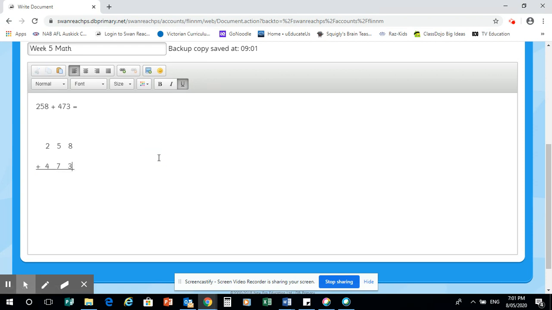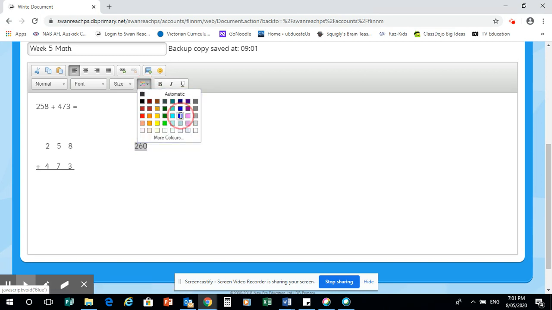Now, what we're going to do is move over here, and this is where we're going to show our rounding. So remember, you can round that to either tens or hundreds. We'll round it to tens. So rounding 258 to tens is 260. Now, we'll do that in different colours, so we know it's different. So I'll just do that in blue. 260,